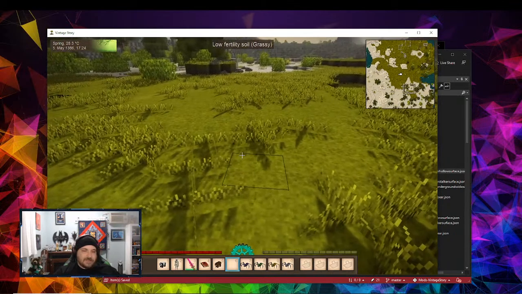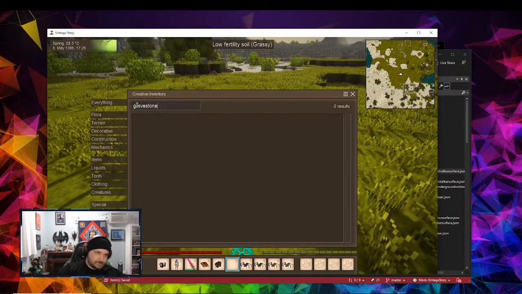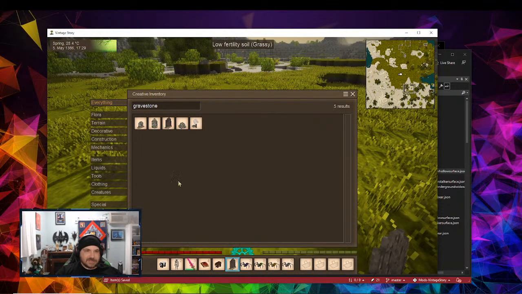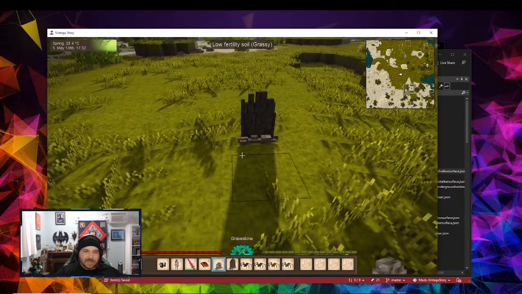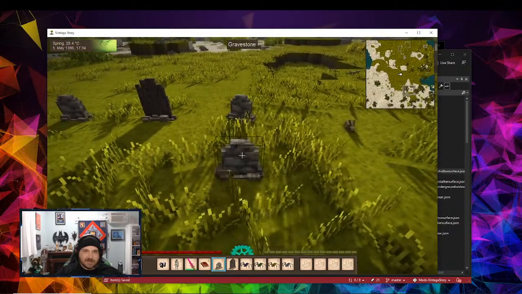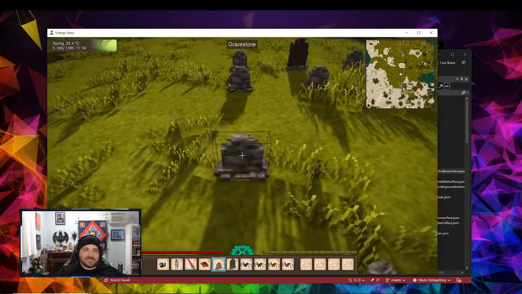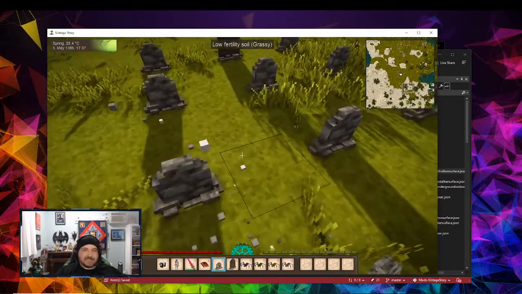But I want different grave sites, like maybe different types of gravestones here, right? So it could spawn the main one, and then maybe it spawns something like this, right? Boom, boom, boom, whatever size I make it, right? And then it has a chance of